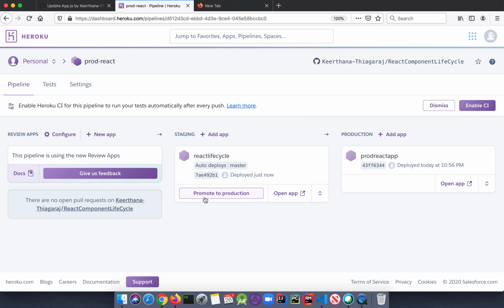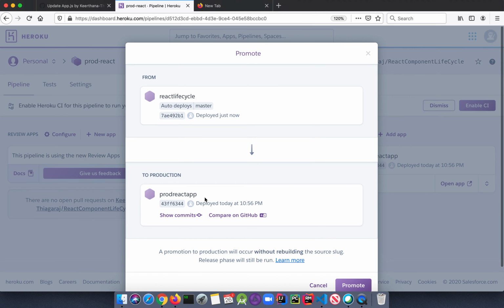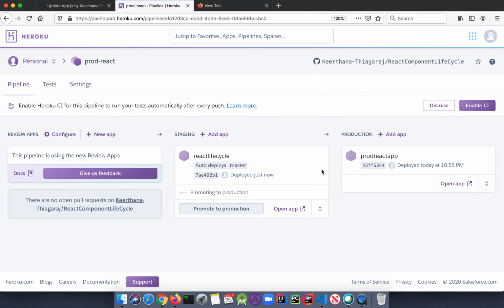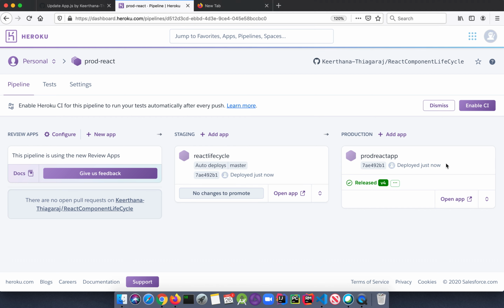I'm going to give promote to application. So it is going to get promoted from our staging stage to the production environment. Just click on promote here. That is all. So this application is available in our production environment. You can just click open app here.